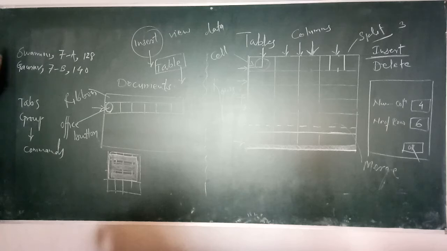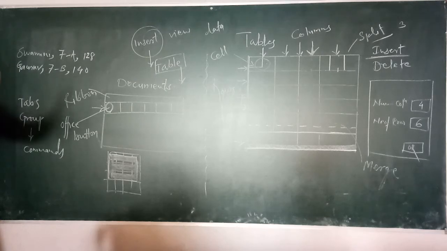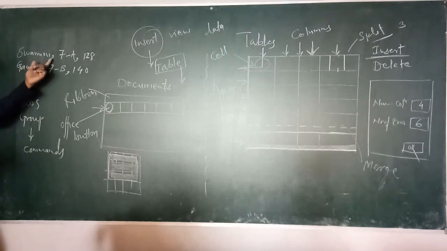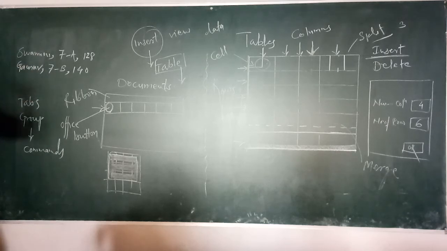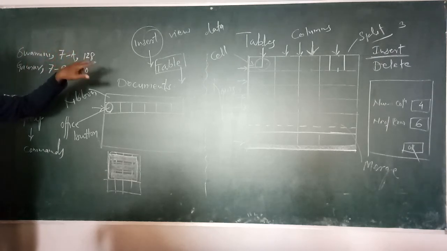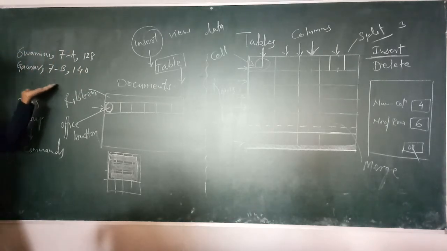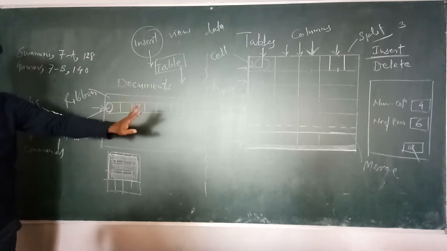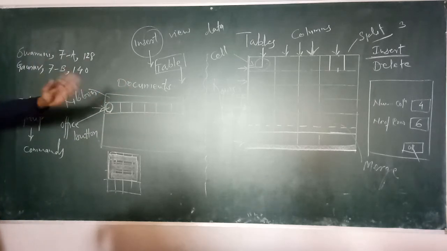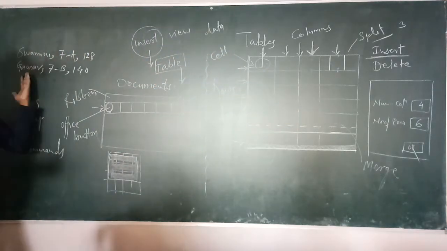Now we can convert this written text into table format. But the condition is that you have to separate your information by using commas. So this information will appear in one column, this information in the second column, and this information in the third column. After writing the text, we can convert it into a table automatically. In the same way, we can convert a written table into text also. If we have written information in a table, we can convert that information into text format.